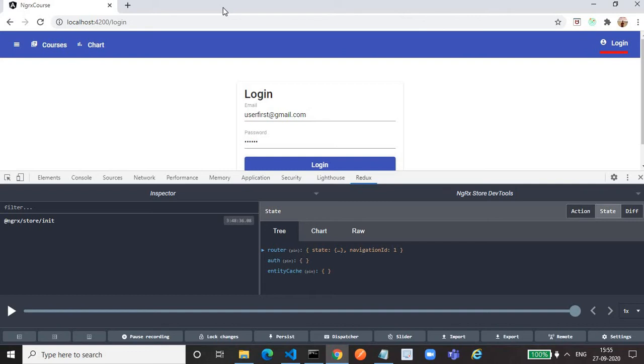So that's why we will jump into a better approach of managing the state in your Angular application using the NGRX data approach.